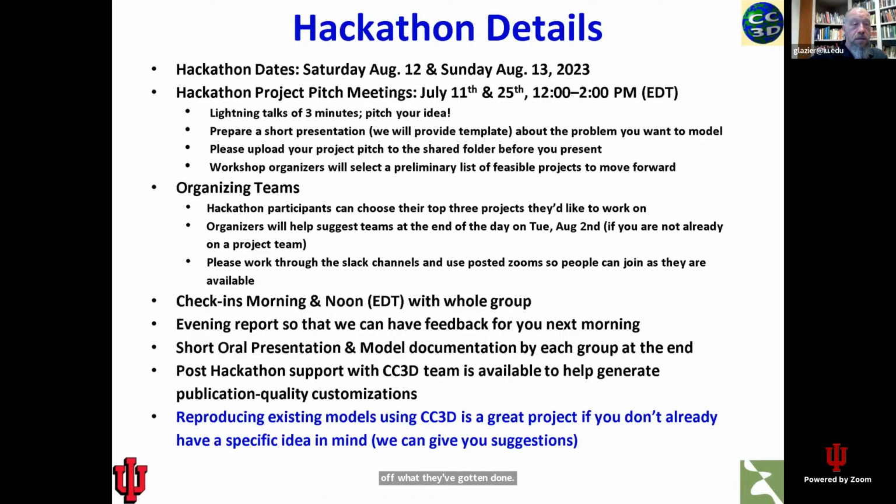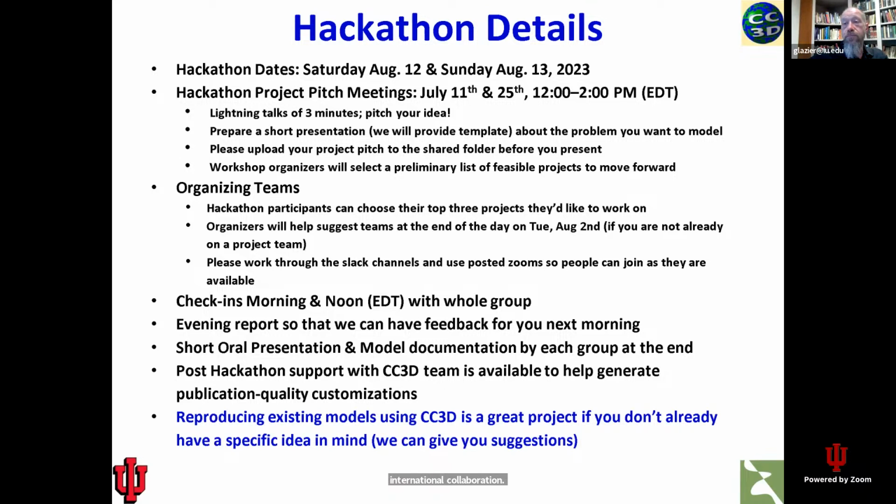We actually had a team a few years ago that started a company based on what they did in the hackathon. So these things can happen. We've had plenty of people who've done PhD theses based on their hackathon work or published articles about it. So those are really a great opportunity to build international collaboration, get help getting started,